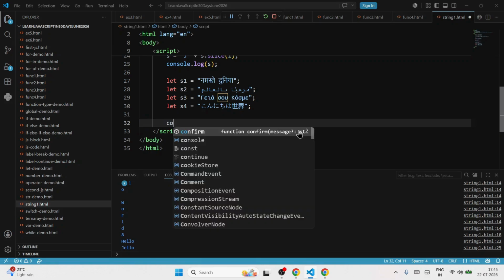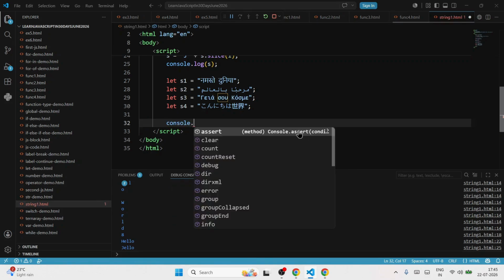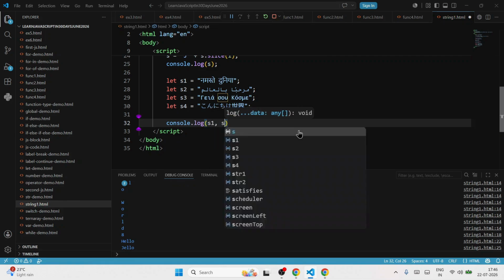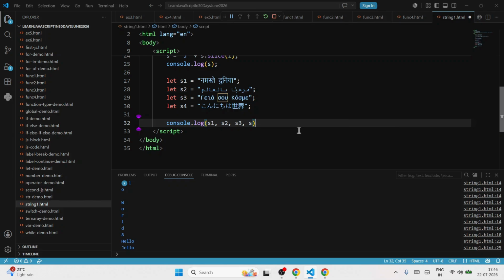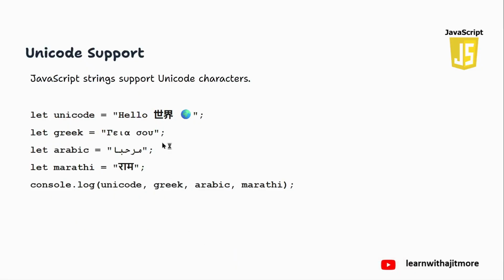Right? Okay, and then you can try to display them. Console.log S1, S2, S3, S4. See, is it displaying as it is? जैसे है, ये देवनागरी में था, ये अरबिक में था, ये ग्रीक में था, ये जापानीज में था, जैसे है वैसे। तो बताना क्या है कि वो सब अलाउड है, इट इज सपोर्टेड इन जावास्क्रिप्ट स्ट्रिंग्स।